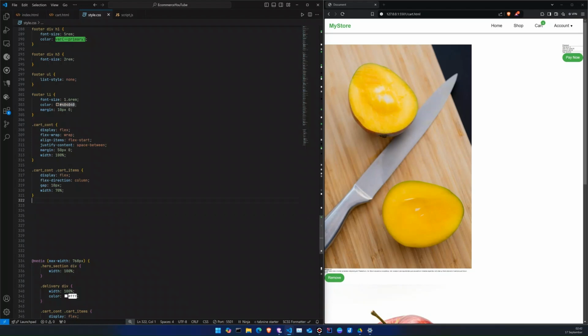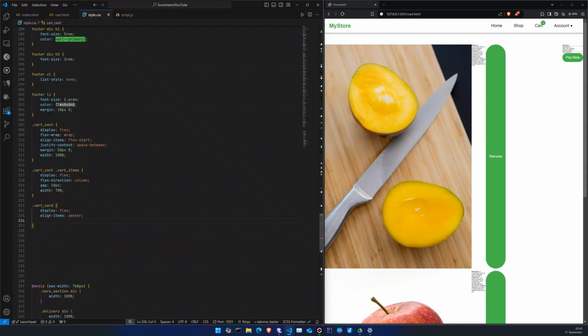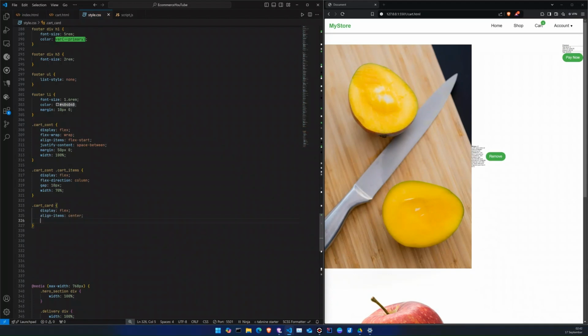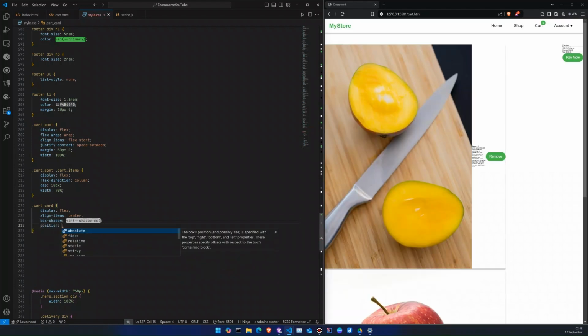First, let me add styling to cart dot cart: display flex, align item center, box shadow, and position relative. Okay, now